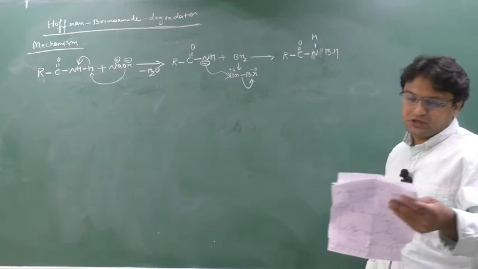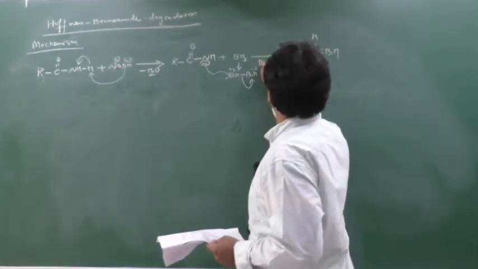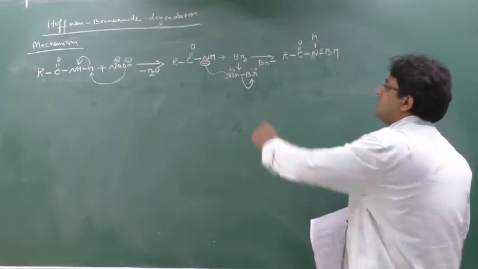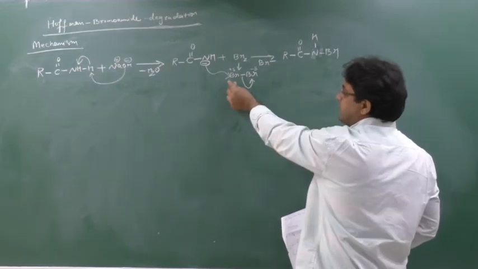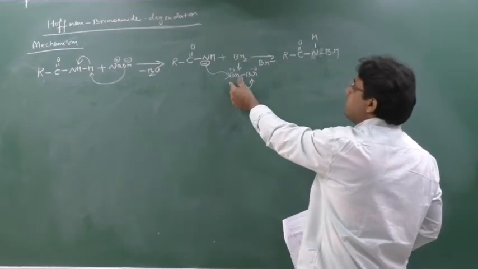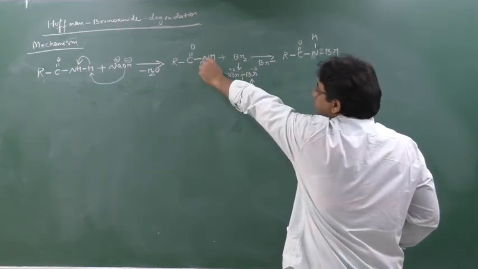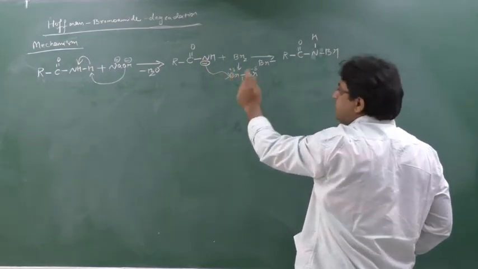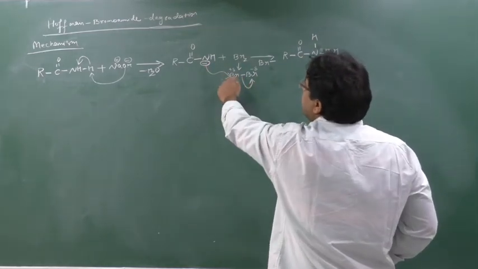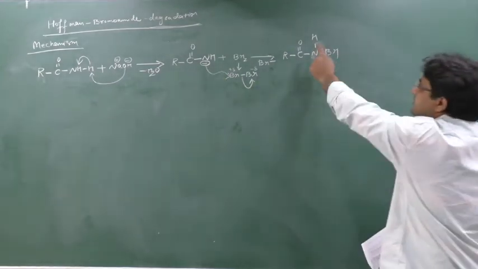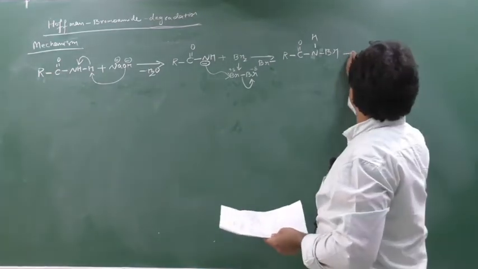This step is a very crucial step. Here Br minus will be released. Br2 is bromine, so a temporary dipole will be generated between Br and Br. Here positive charge, here negative charge. Why positive here? Because of this minus. So this N minus will attack this positive bromine and release Br minus. Now this Br will attach to this nitrogen like this, and there is one hydrogen here. This step is clear.